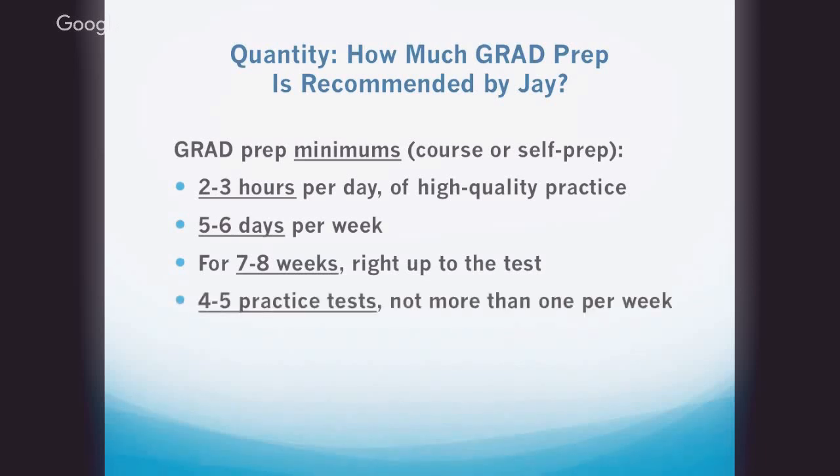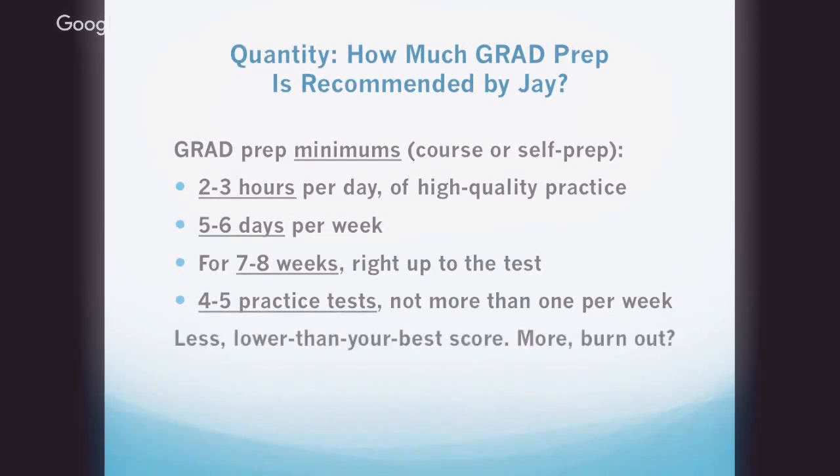Also, 4 to 5 practice tests, not more than 1 per week, spaced out from about every 10 days to 2 weeks, as markers through your preparation to give you a sense of how you're improving, how a full test feels, just to give you the practice test experience that you need, so that when you go in to take the official test, it's like you're taking a full test for the 4th or 5th time. You know how it feels, you know what you need to do to get your best score, you're well prepared, and you're ready. Now, if you do